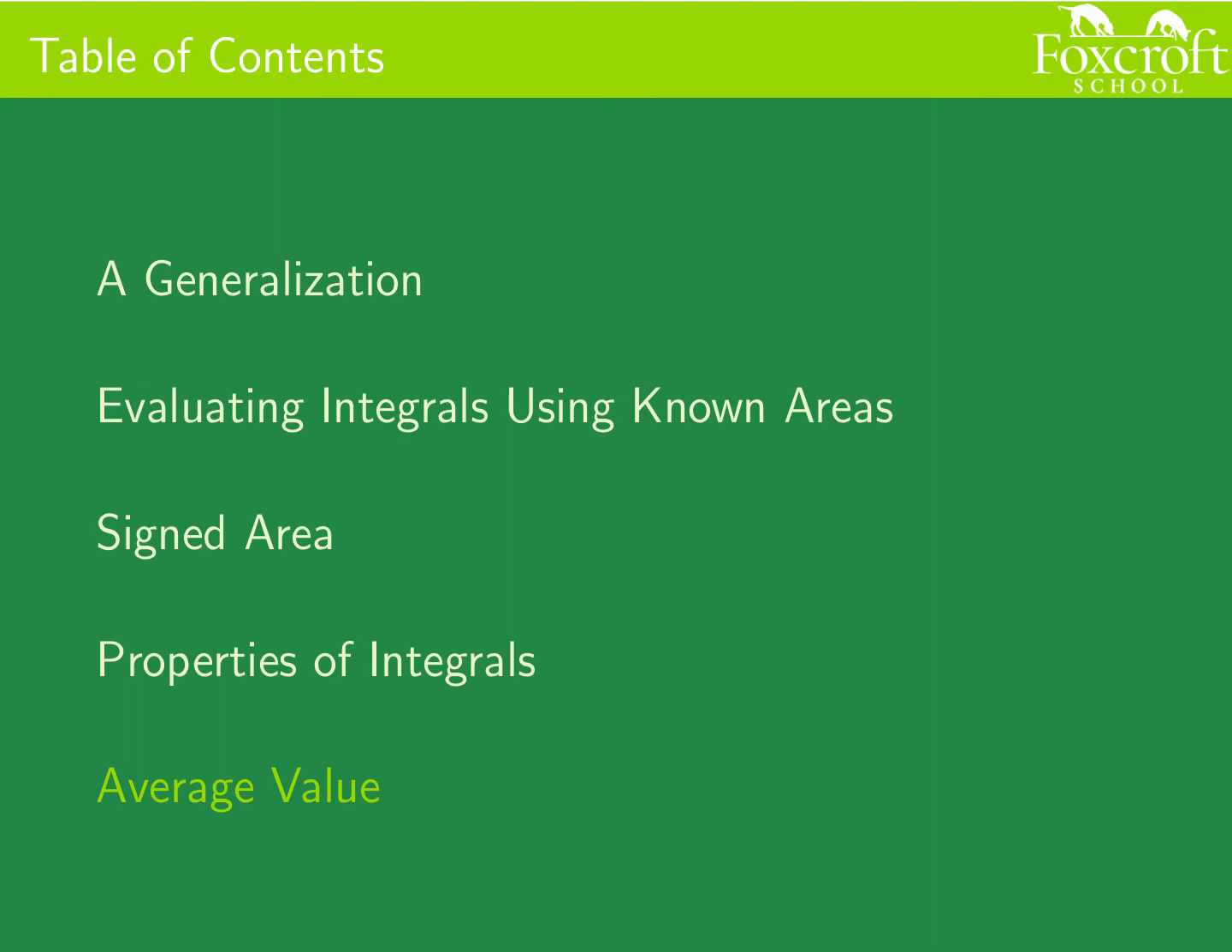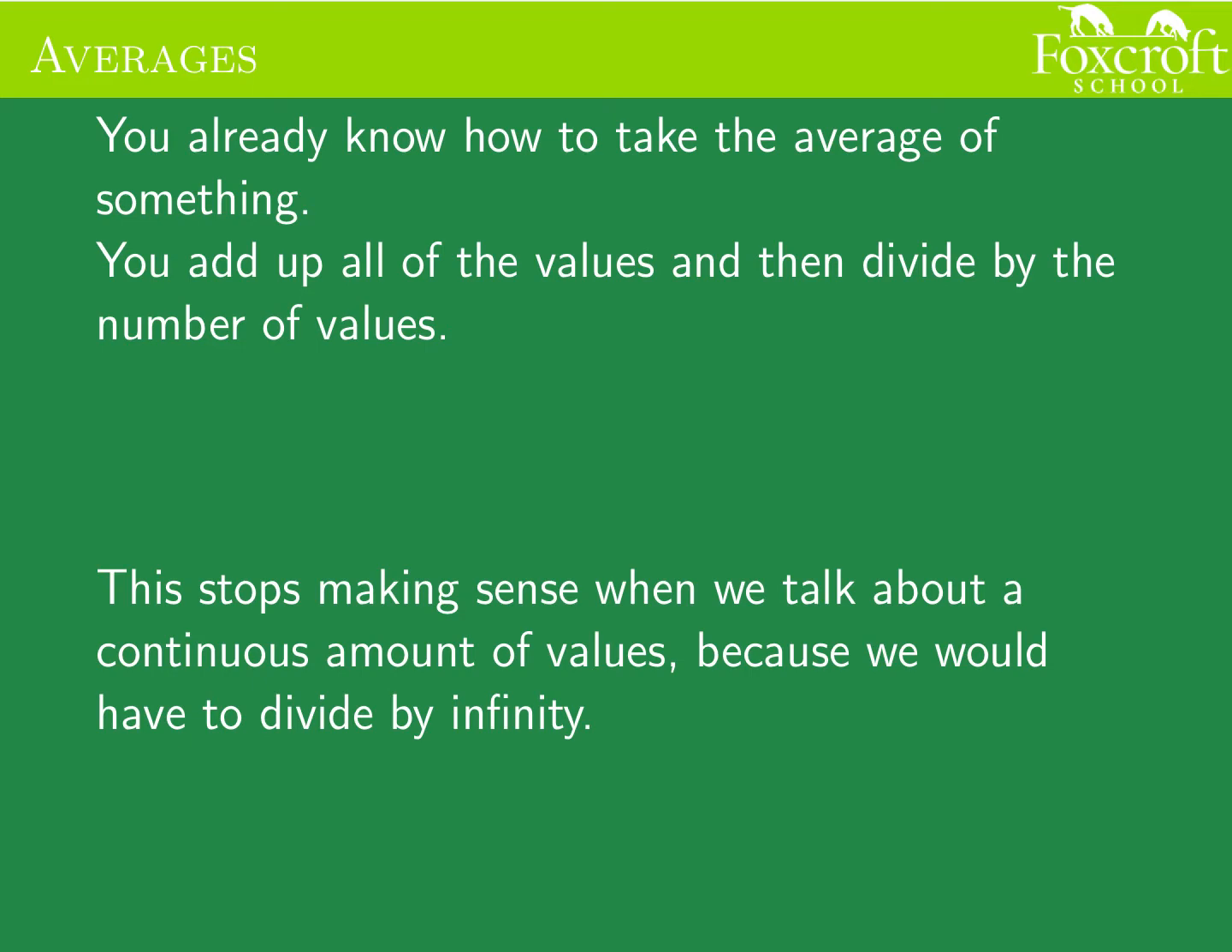All right, and the last thing we'll throw into this mix, just to get a bunch of things out there all at once, is the average value of a function. You already know how to take an average. If you had to average out your test scores, you add up all your test scores and divide by how many there were. That kind of definition doesn't make sense anymore when you're talking about a continuous amount of values,